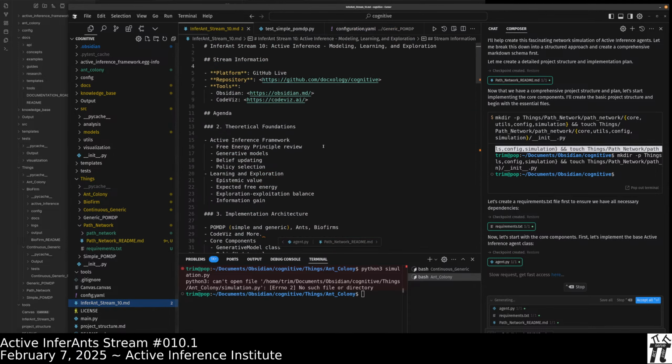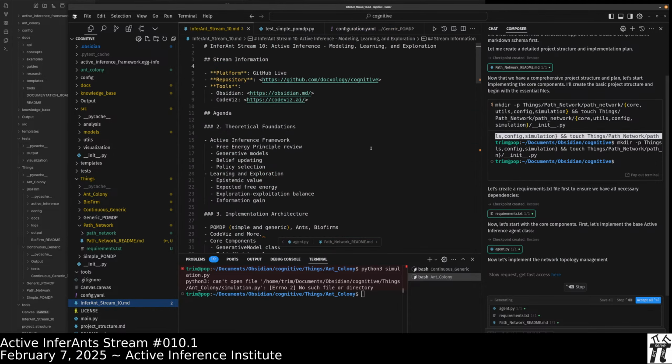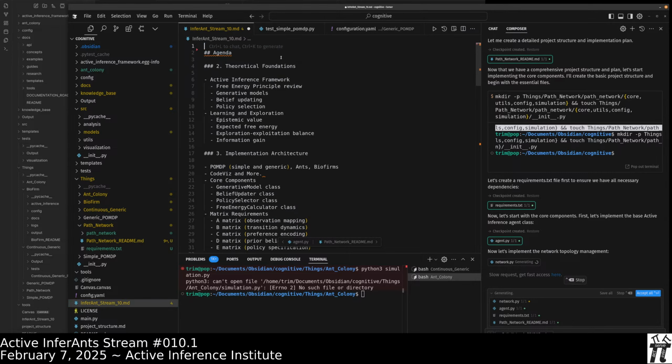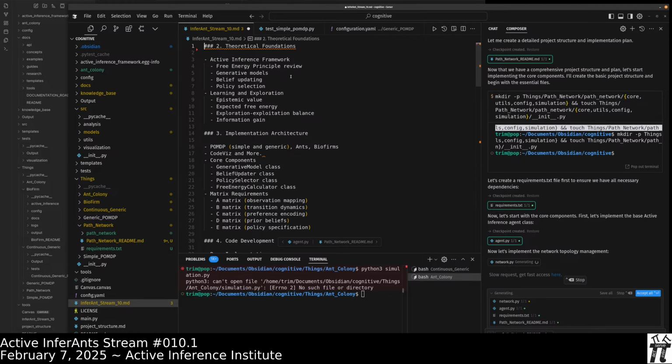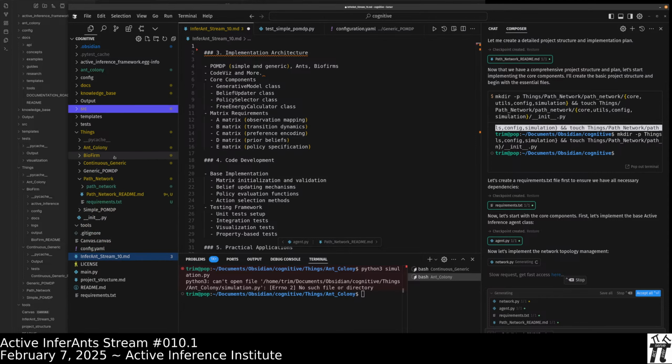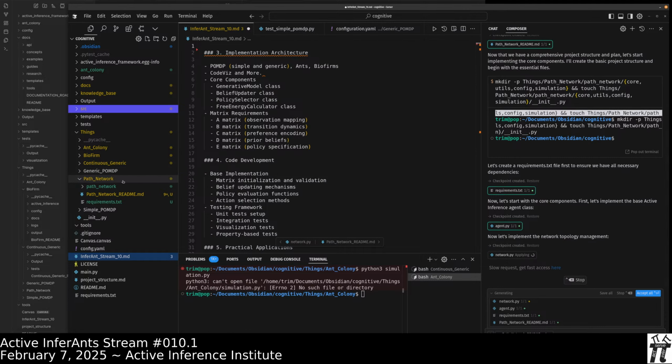Let us briefly return to the live stream top level. In this agenda, we did talk about active inference. We talked about the free energy principle a little bit and gave ample cross-linkings and applicable strategies for those wanting to model within. We talked about the continuous generic model and the generic POMDP.